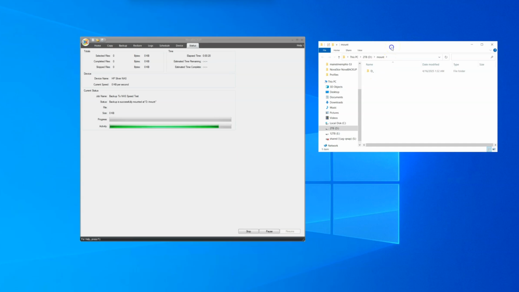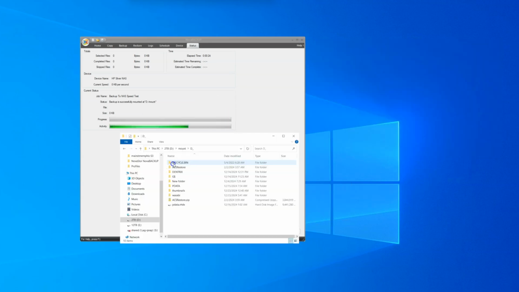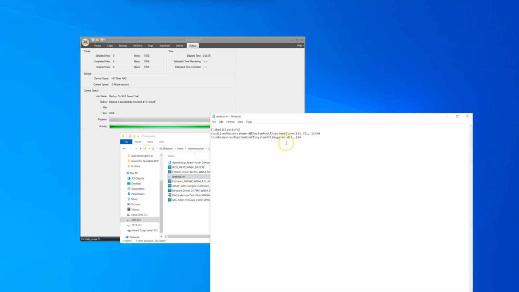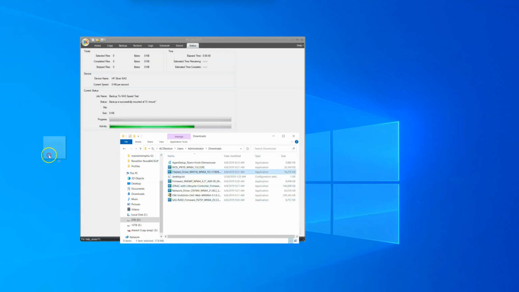So it brought up the Explorer window for that, and I can dig directly into that backup that I've done here. And I can, let's see, I'll go into here, and I can see, if I want to open this file. So this is opening it from the actual backup itself. I can copy files directly from here.